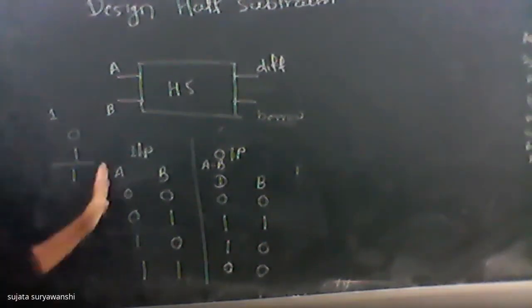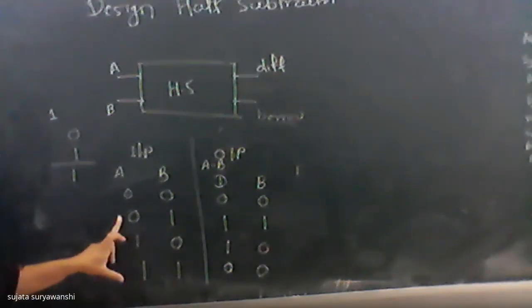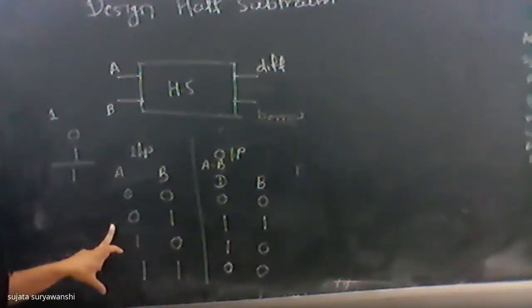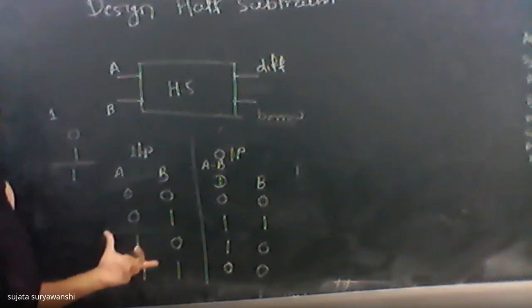Okay. So, after writing this truth table, do you have any doubt about writing this truth table? Are you getting this? Yes? Is there any doubt? Only one condition is there. When you subtract 1 from 0, you are getting difference 1 and borrow 1. Okay, otherwise 1 minus 0 is 1, 0. You have to use arithmetic operation for this purpose.